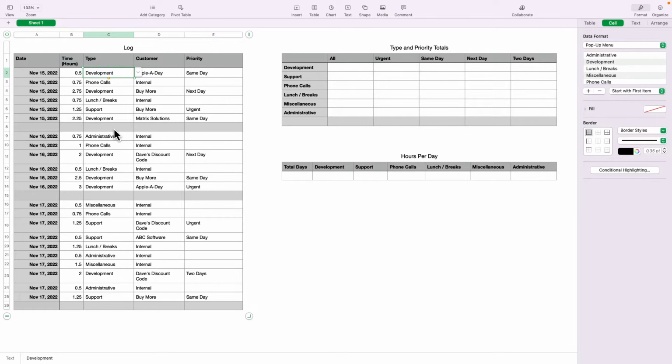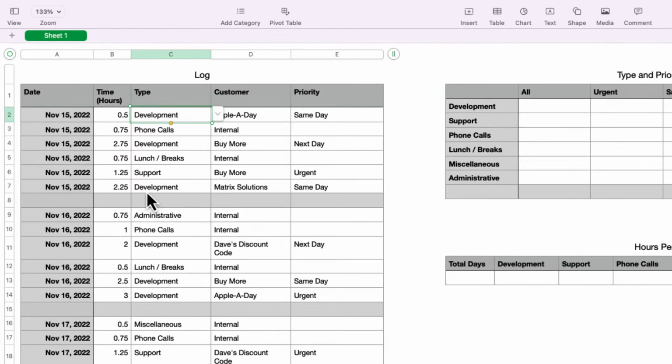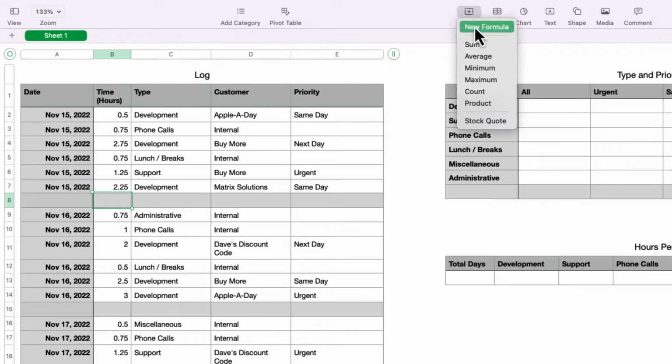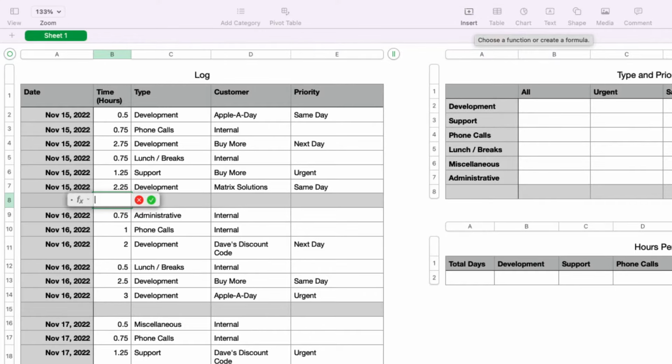I'm going to select the cell in the time column under the last log entry for November 15th, which is right here. I want to create a formula here that will sum all of the hours above it. There are several ways to do this. You can create a new formula by selecting Insert from the toolbar and then choosing New Formula. Then I'm going to type in sum